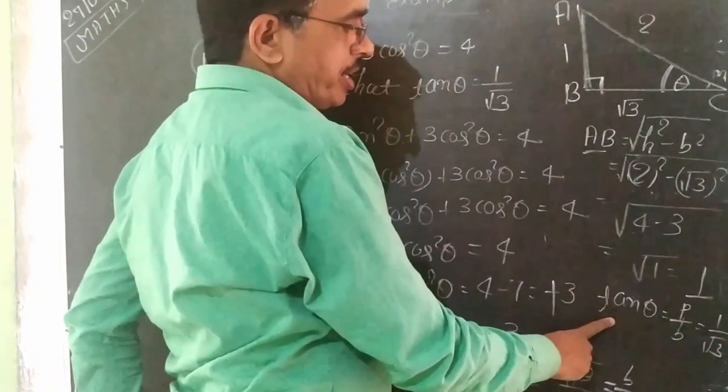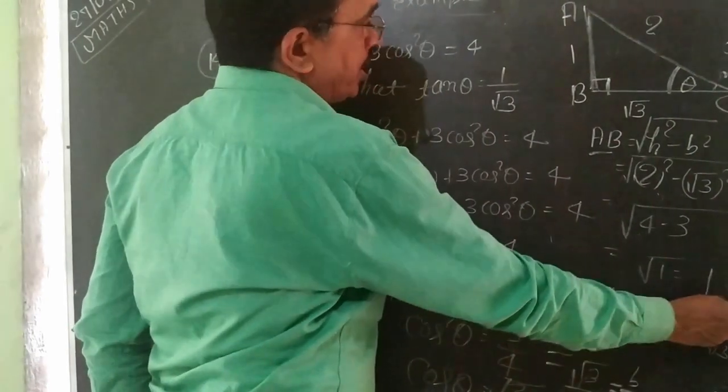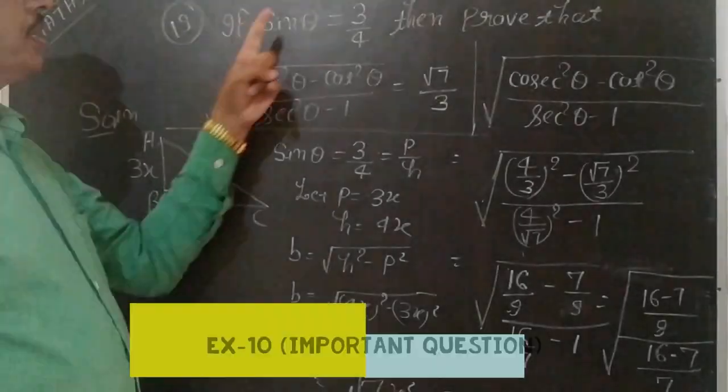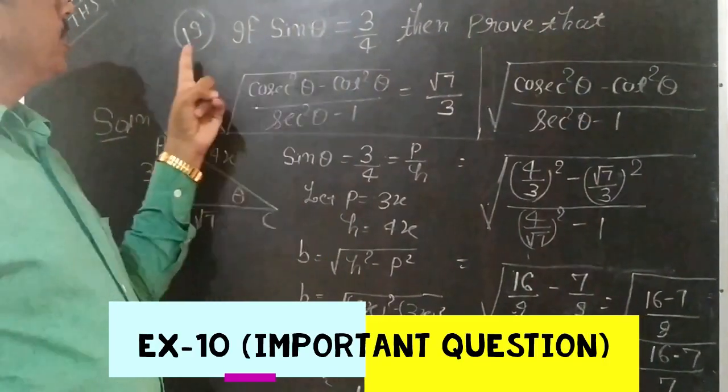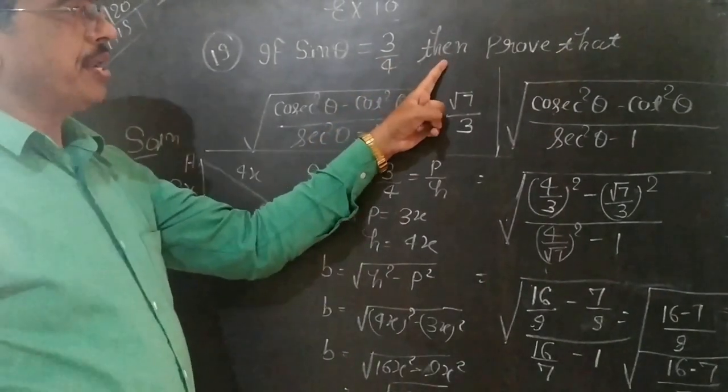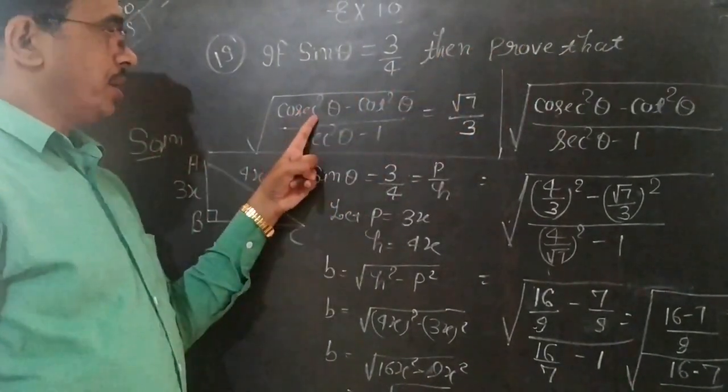Then what is tan theta? Tan theta is equal to p by b. Then p is 1, b is root 3, that is 1 by root 3. Exercise 10, question 19 is: if sin theta is equal to 3 by 4, then prove that